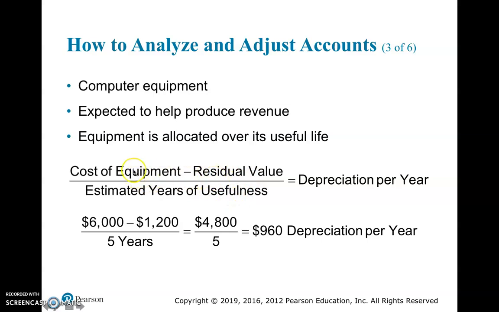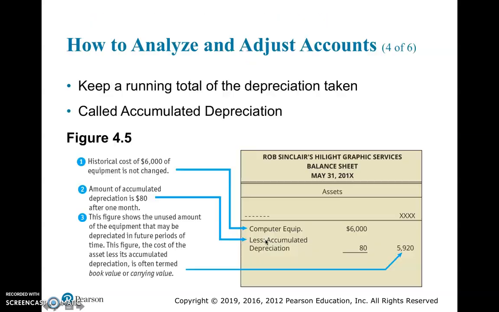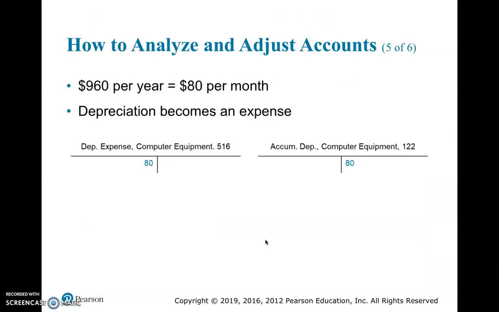So straight line depreciation takes the cost minus the residual value, sometimes called salvage value, divided by useful life, and this useful life is in years, in our case 5 years. Therefore, every year the asset is used up or depreciated $960, but since we have only used it for 1 month so far, we're gonna show $80 as depreciation expense,